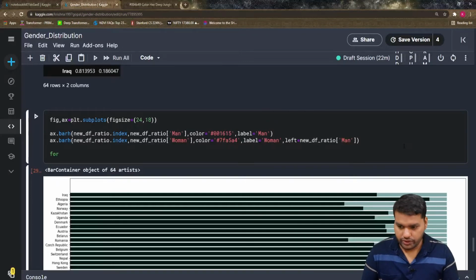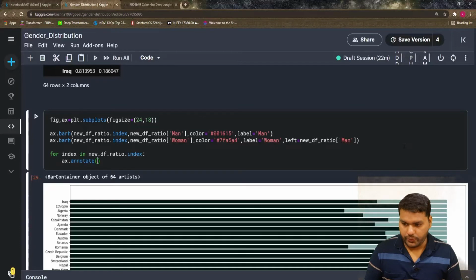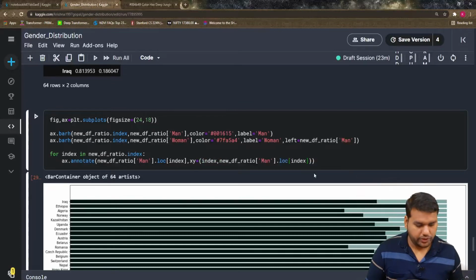So for index in new_df_ratio.index, ax.annotate, and what you want to give here is new_df_ratio man dot log index, because it logs every country and will return how many men there are. And for the xy position you want to give the index, and you want to see it in the center, so you're going to divide by 2.